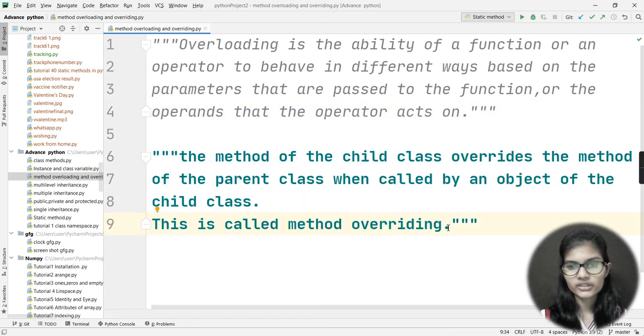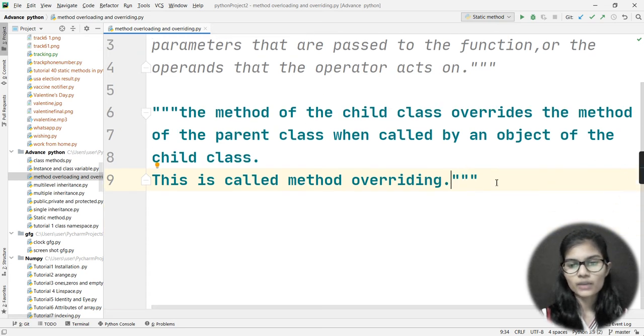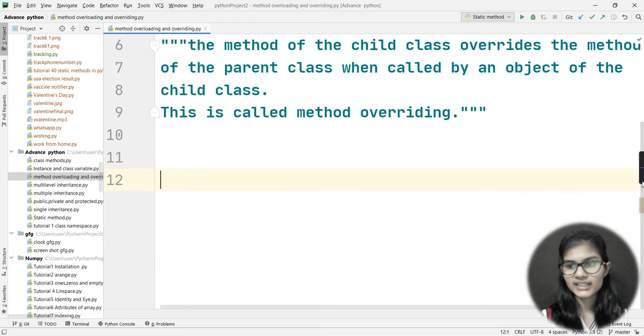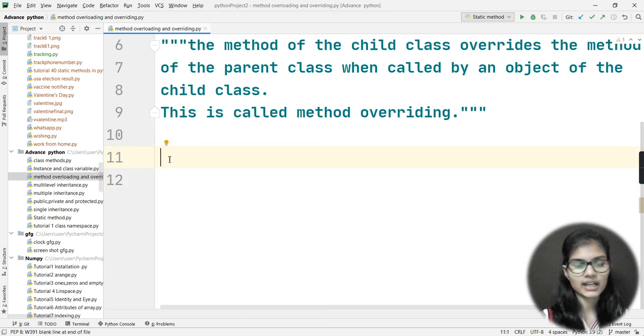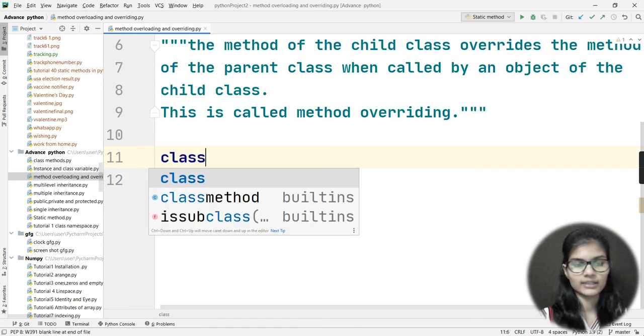Now what I would just do is write the program for method overloading first. After that I would again read the definition and then explain what I mean by this definition. Right. Let's take it in this procedure. So I would just press enter here and start writing and making my classes here, right? So I'm just writing a program, let's say, okay.